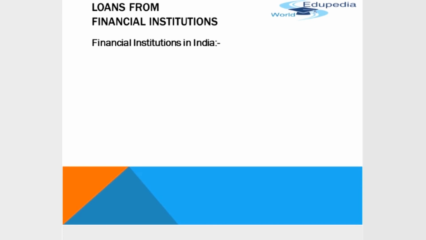level and state level. National level special financial institutions set up by the central government include IFCI, ICICI, National Industrial Development Corporation of India, the Industrial Development Bank of India, etc. Such institutions at the state level include the State Financial Corporation and State Industrial Development Corporation. So these were set up considering the growth of the economy of the country. Let us see one by one what are the types of financial institutions in India.